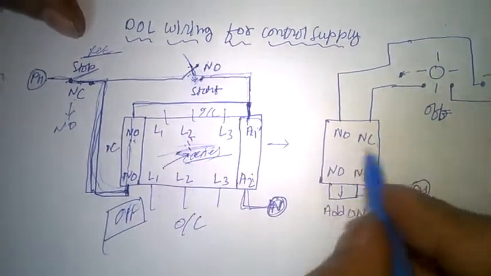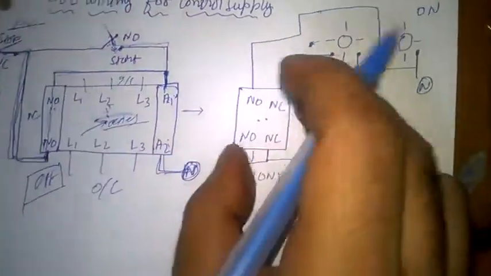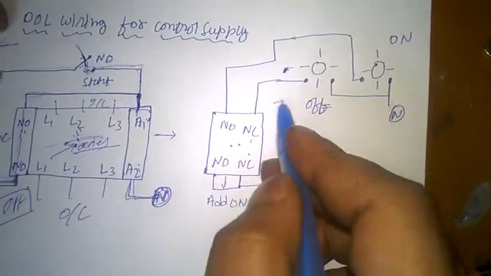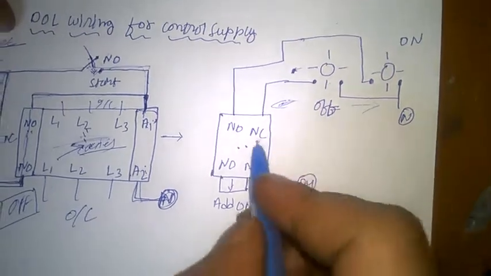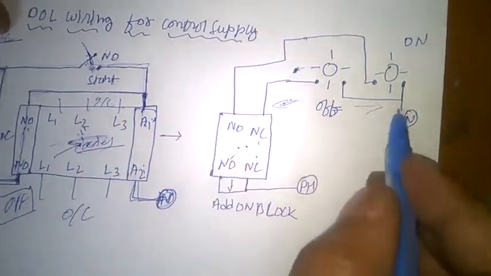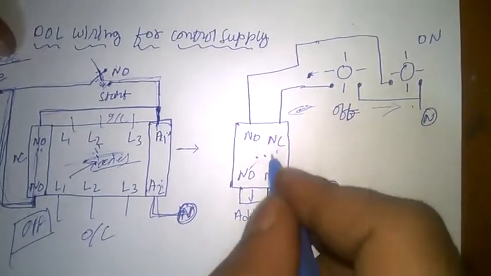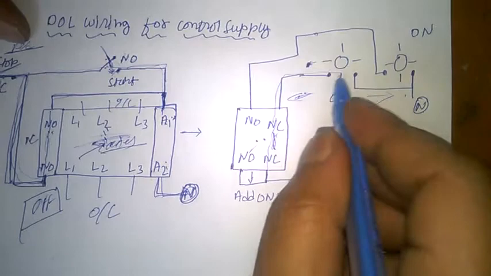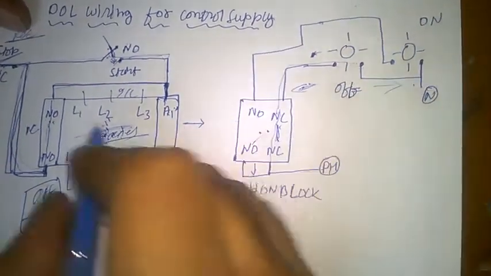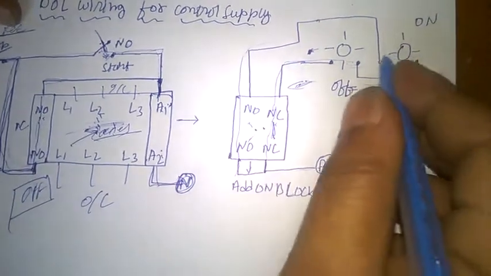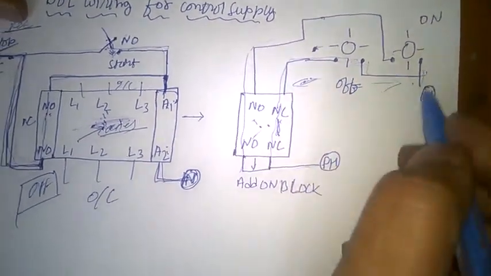That's it. As I told earlier about add-on blocks, if you take these add-on blocks and keep them here, we can use them for illumination lights. We can connect the illumination like this, keeping it on the add-on blocks. You can see the phase going to the NC. If it is in off condition, it is normally closed, so the off indication will be on. Once this gets active, NO becomes NC, and this phase goes to the on illumination light. The secondary will always be connected to the neutral.